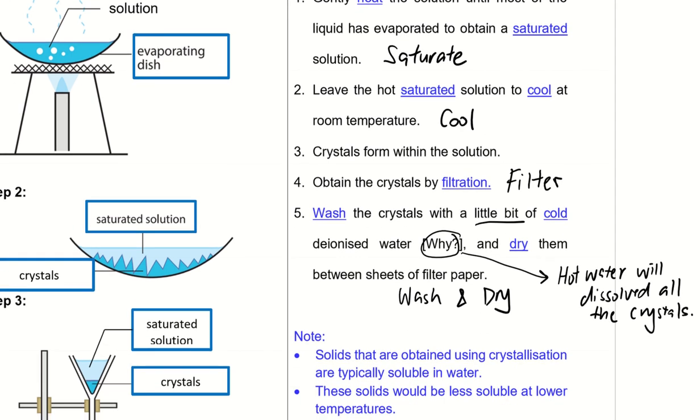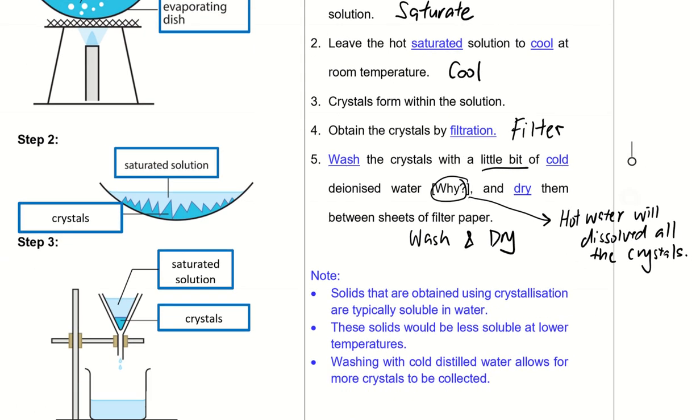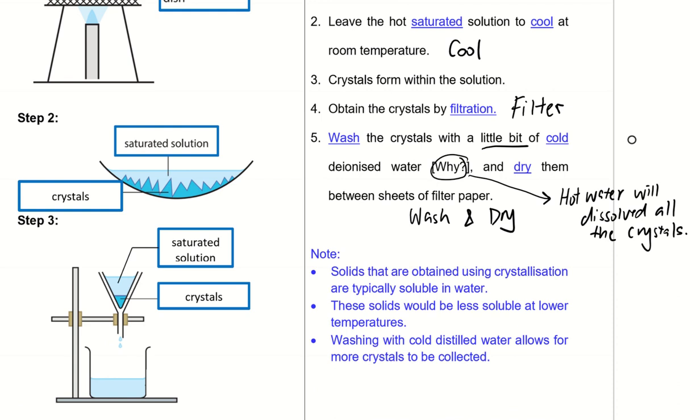Because some solids are very soluble in liquids at high temperature. So the solids obtained using crystallization are typically soluble in water. If you pour hot water, they will just dissolve back. And this solid will be less soluble at lower temperature. So that's why once we cool it down, you notice that these solids are not so soluble and they will